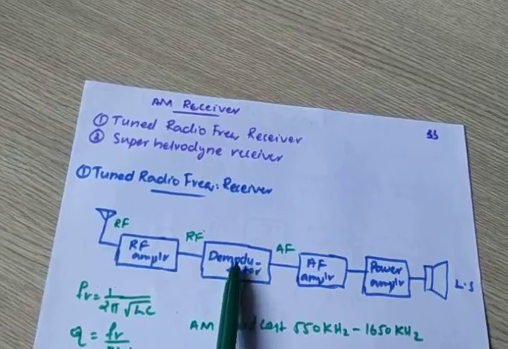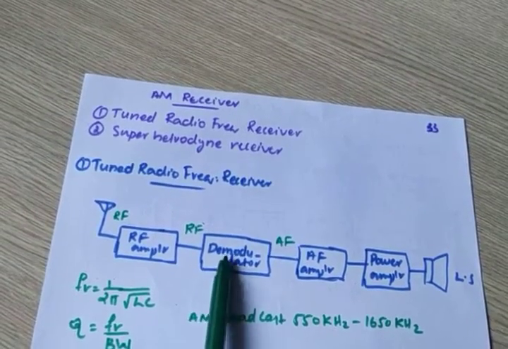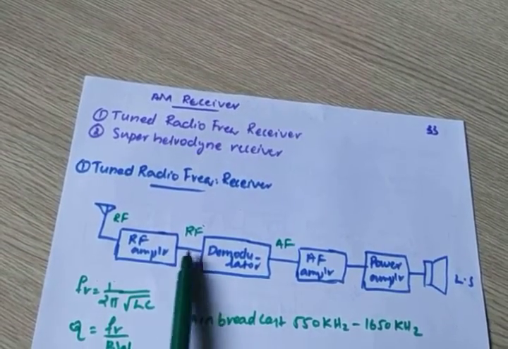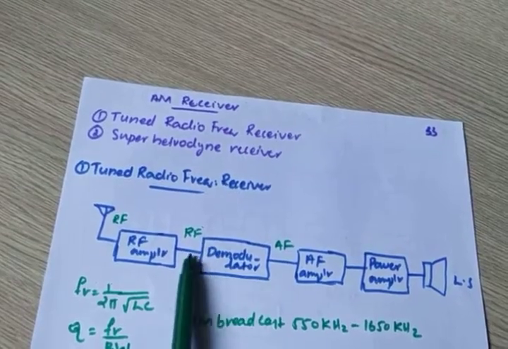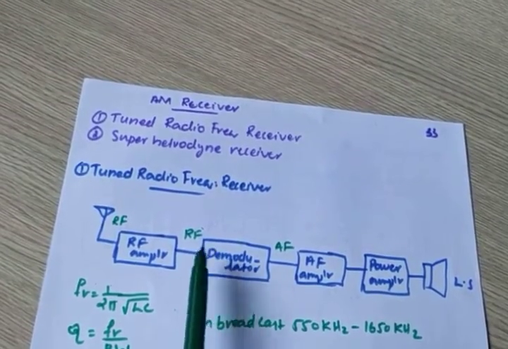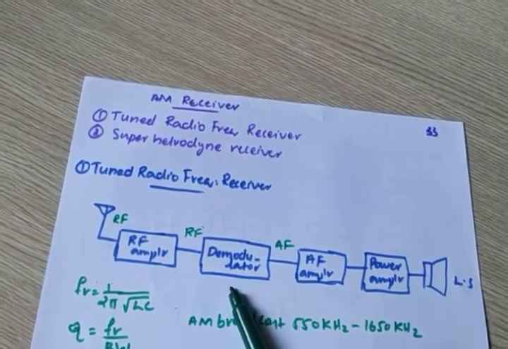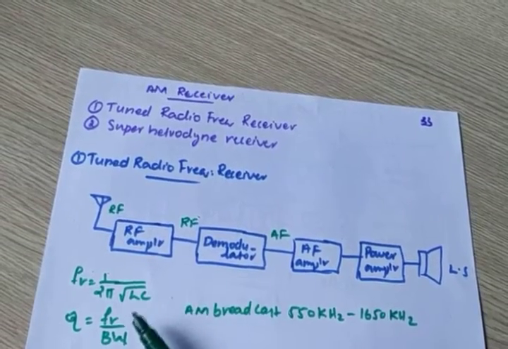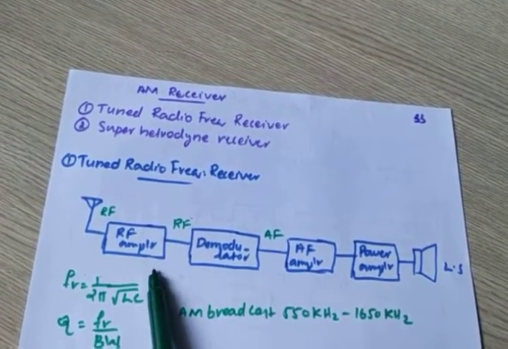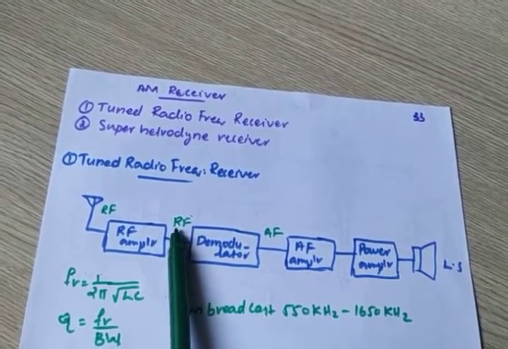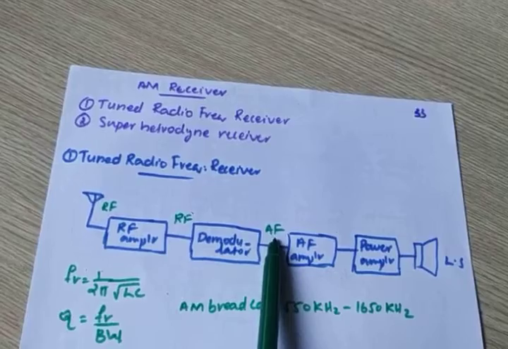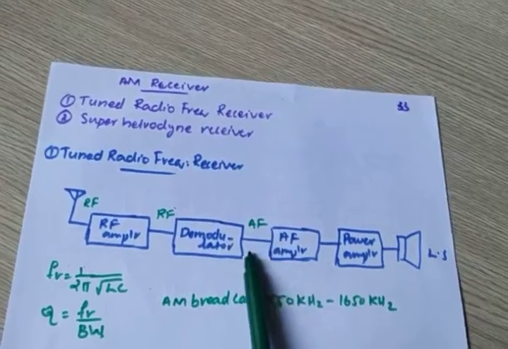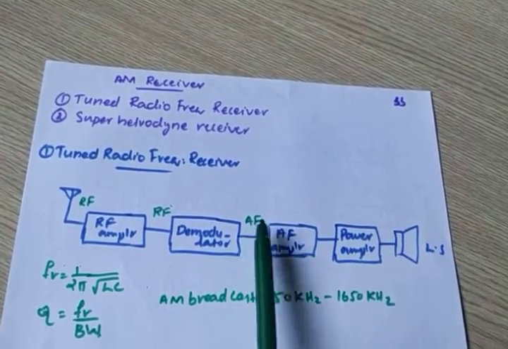Why this demodulator? In the transmitter section we use a modulator before transmitting the signal. Why? Because the incoming signal is a low audio frequency signal, so it should be up converted to a high frequency, and only then can we transmit it to free space. There we use a modulator, here we need to use a demodulator, just the reverse operation of what we did in the transmitter. Here the incoming RF is demodulated, or down converted, to audio frequency with the help of this demodulator, and the output of this demodulator is nothing but AF,